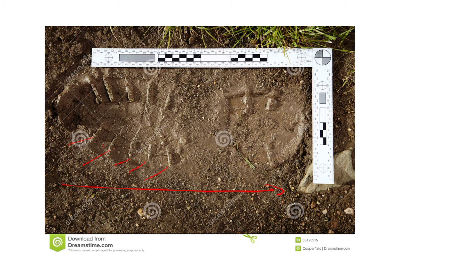You can see they are keeping a scale here. So what is the size of this footwear? From that we can identify the height of that person, and from the depth of the footwear you can identify the weight of that person. The characteristics that are unique in shape and detail must be looked for and studied. Each and every detail of the shoe print can be studied, and then we can identify the culprit from this particular evidence.